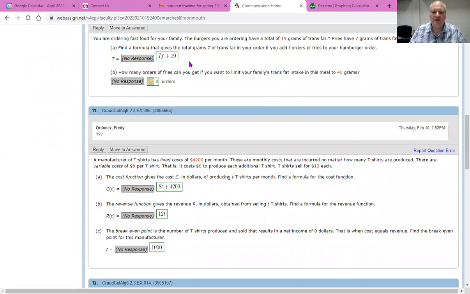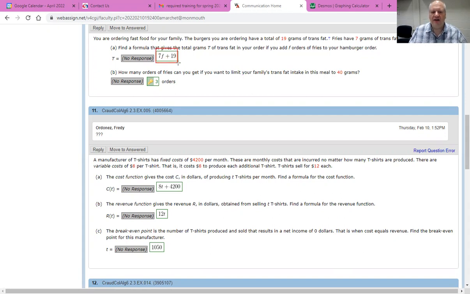Okay, friends, we're going to look at number 10 now. Number 10 says, you are ordering fast food for your family. The burgers you are ordering have a total of 19 grams of trans fat. Fries have 7 grams of trans fat per order. Part A, find a formula that gives the total grams T of trans fat in your order if you add F orders of fries. Okay, the reason why this is the correct answer for this one is because